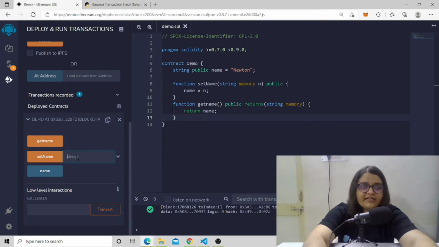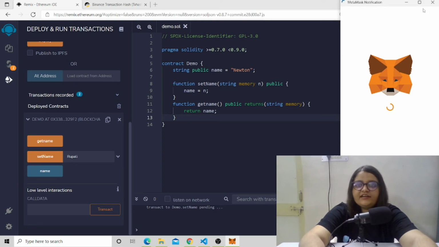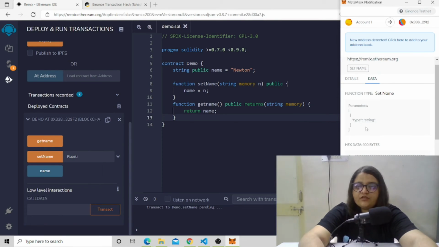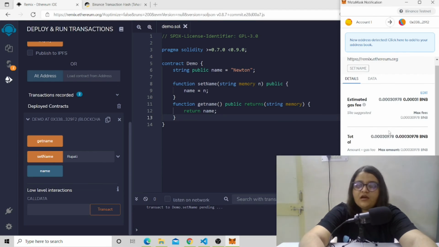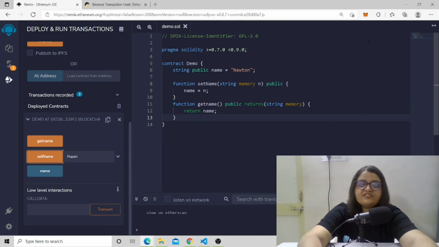Now what we are going to do is create a transaction to set the name. To set a name, instead of Newton, let's set the value of the name as Rupali only, and let's click on the set name function and it will initiate a transaction. Over here you can also see this particular data which says that it's a parameter and it's a string type. Now we will be confirming our transaction, and once our transaction is completed, we can